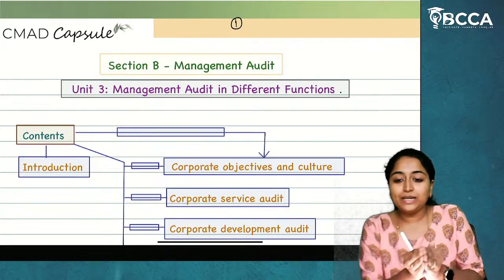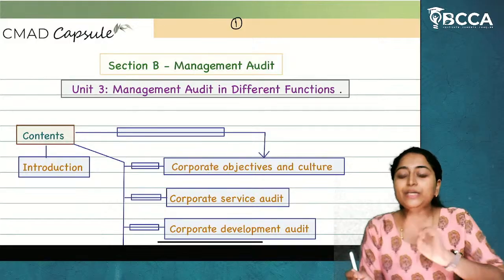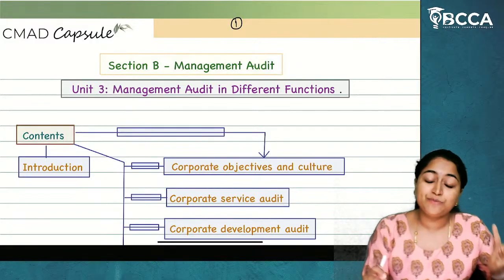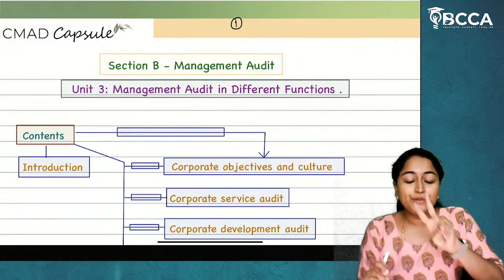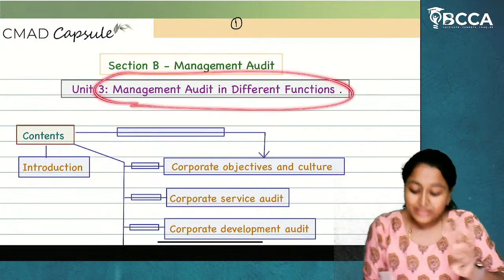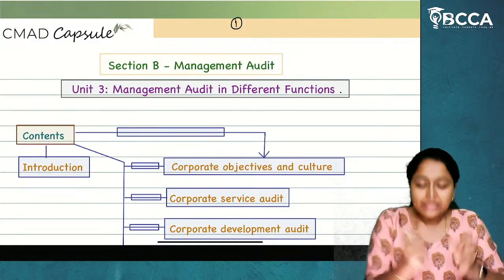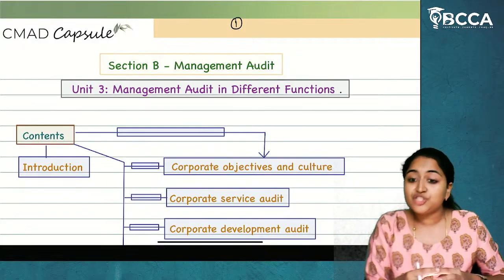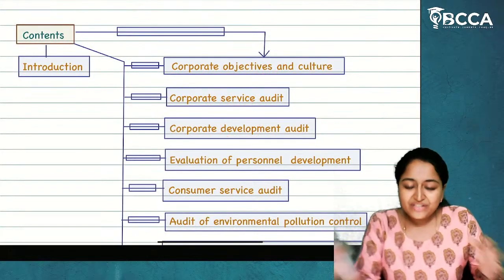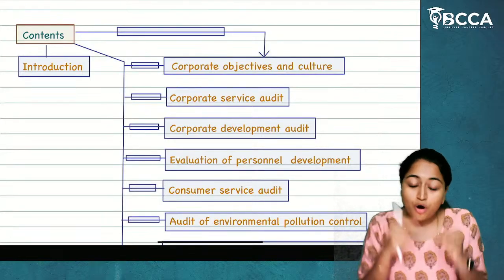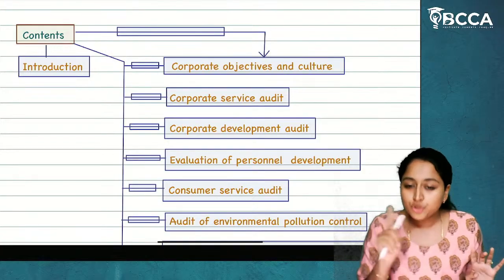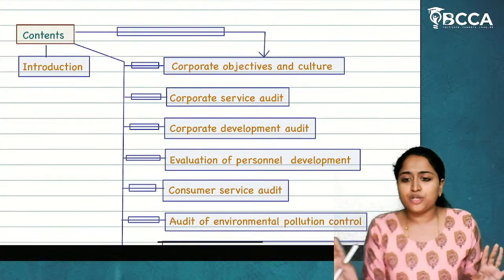So by combining unit 1, unit 2 and unit 3, which means the basics of management audit, in which we have seen about the management program and management audit report. In unit 2, we have seen about management reporting issues and analysis, and in unit 3, management audit in different functions. By combining all these three, all the reports which are generated from different audits and different analysis will be brought into a file, and all that will be done as an assessment analysis by the management auditor to know about the overall performance of the organization.